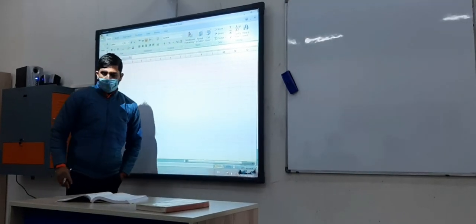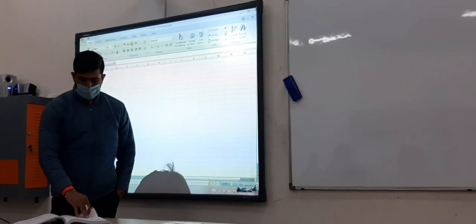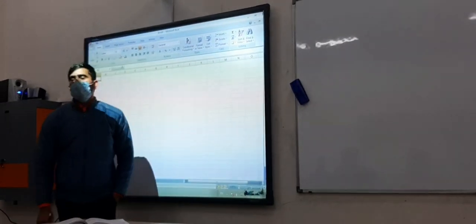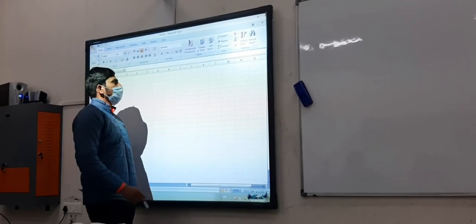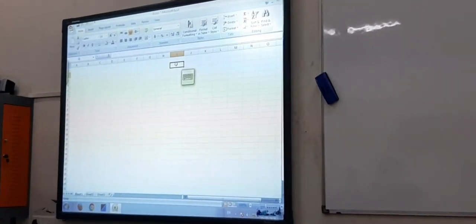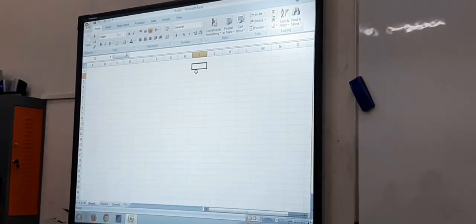Okay, so here the first topic is called text orientation. Suppose we want to add text. Here you can see whenever I am typing the text, there is also the option for wrap text.